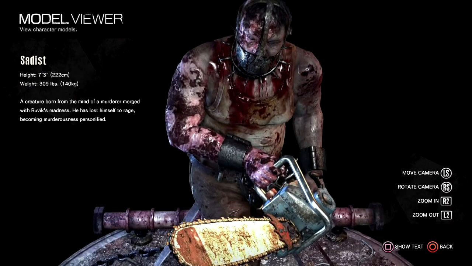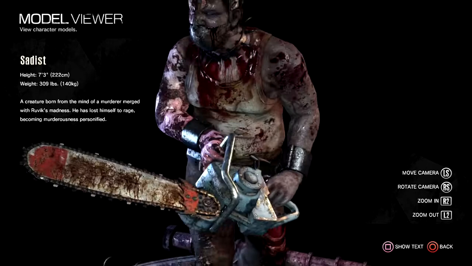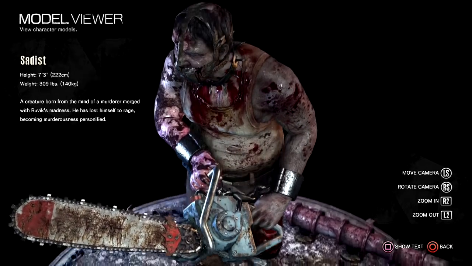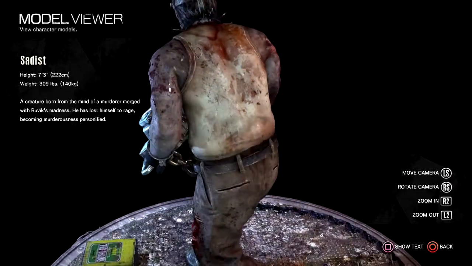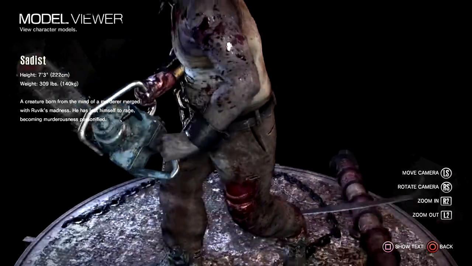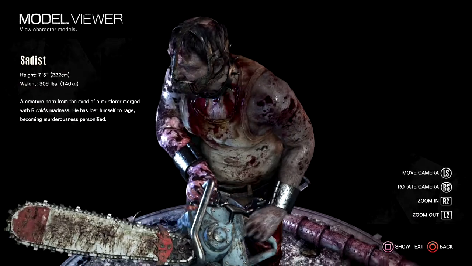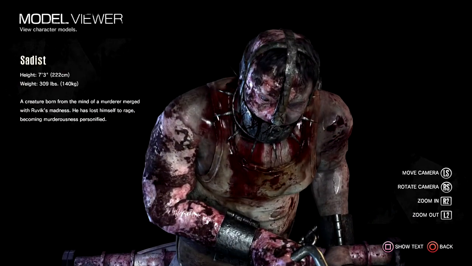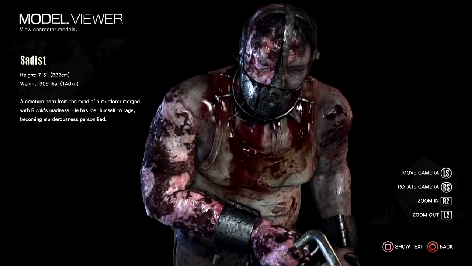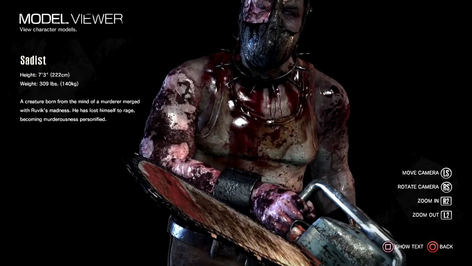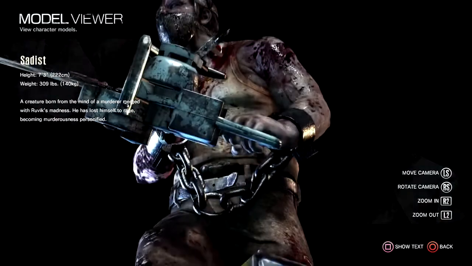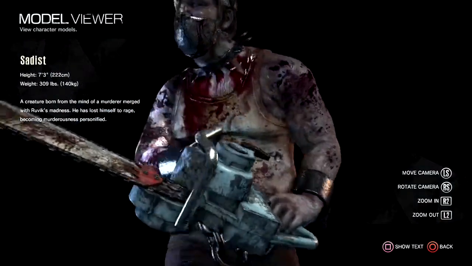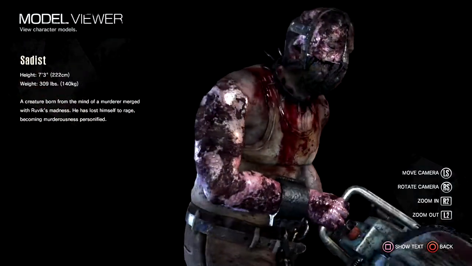The Sadist is a creature that was born from a unique merger. He was initially a murderer connected to STEM as a test subject. Ruvik's manipulation made him lose himself in the process. Heightened rage, bloodlust, and the intent to kill warped his mind within STEM. He's a large, overweight male. Stained clothes, skin discoloration, and shackles seem to align with this overall look. His weapon of choice appears to be a chainsaw, among other tools to potentially dissect victims one by one.